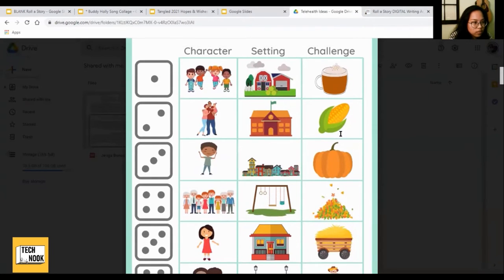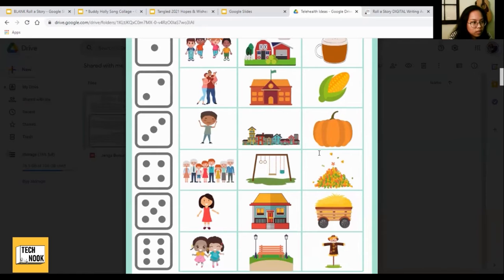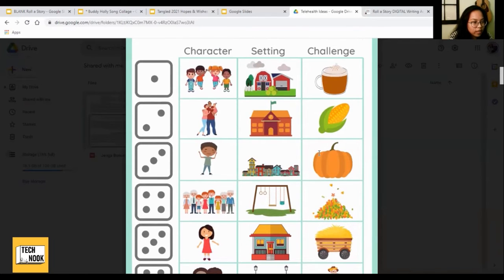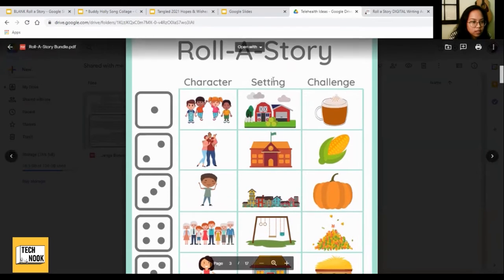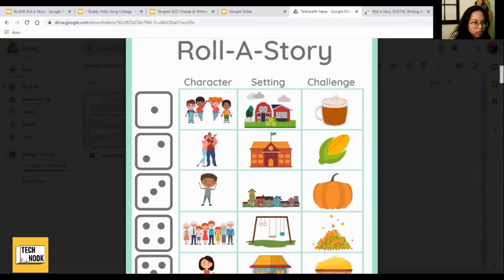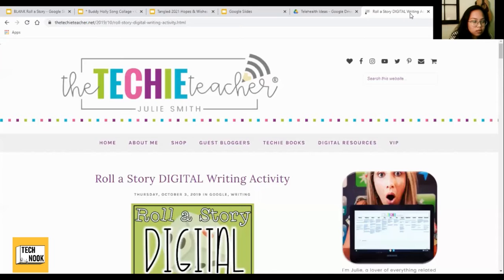So basically the premise is you and your client or clients have a die and you roll it, and whatever you land on is the character that you have. Roll it again, whatever character is the setting you have, and roll again is whatever challenge you have. And from this character, setting, and challenge, you create a story. So I found a similar version of this in Google Slides from Techie Teacher,